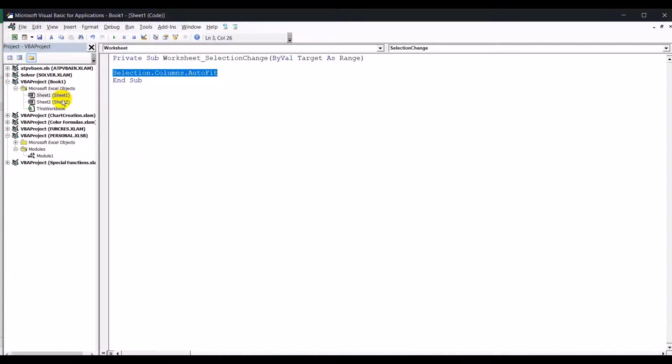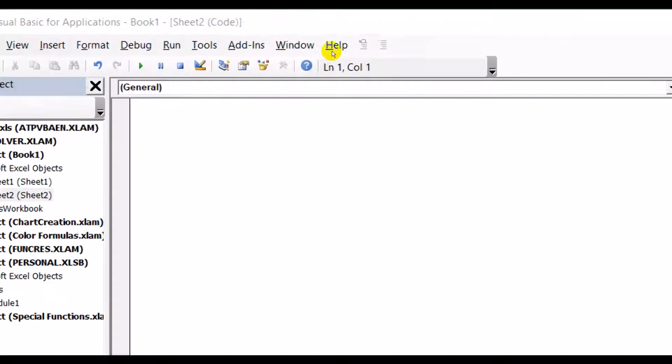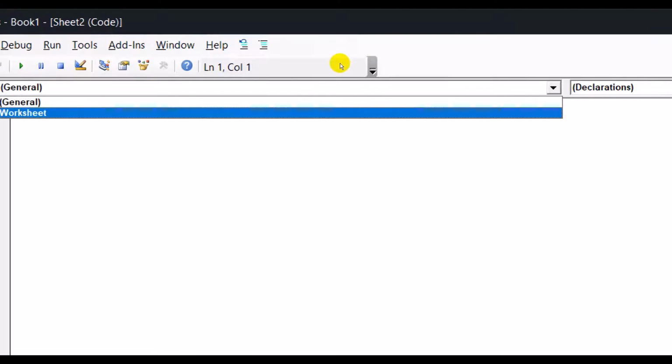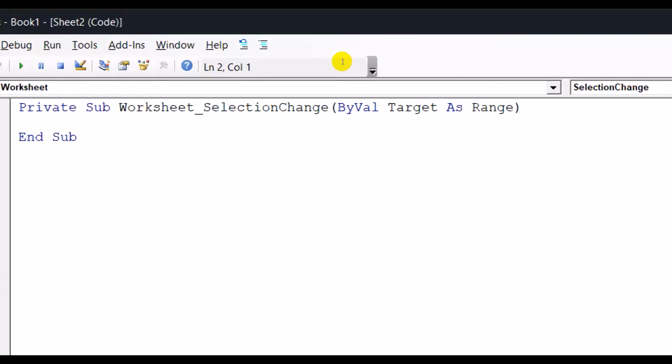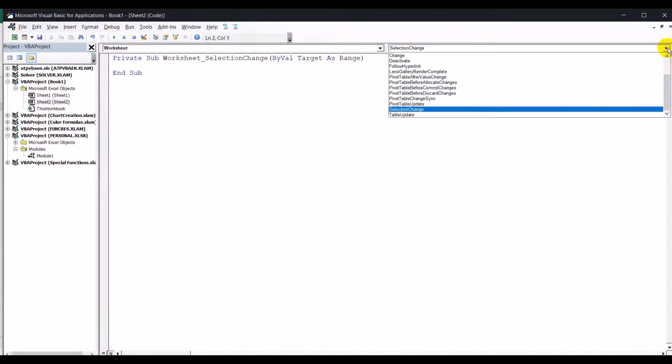Since I have added a new sheet, I'm just double clicking on the sheet element in the Project Explorer. There I need to change this option to Worksheet, because it's currently a general module. Then I can see that certain events are appearing.